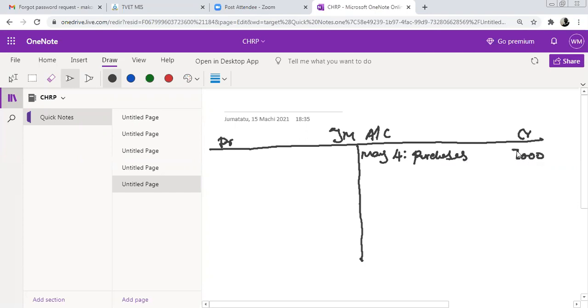One more question. Why don't we call the account creditors instead of JM? If you have two creditors. Now the problem is this. Okay, I've heard you. Thank you. Let me respond. Whenever you have got many creditors and you are given the name of each and every person, you need to open the account for every person so that at the end of the period, you will know the balance that you owe each and every creditor. When we put it together, we cannot know how much we owe a particular creditor, how much we are supposed to pay the other one, because in between the beginning and the end of the period,